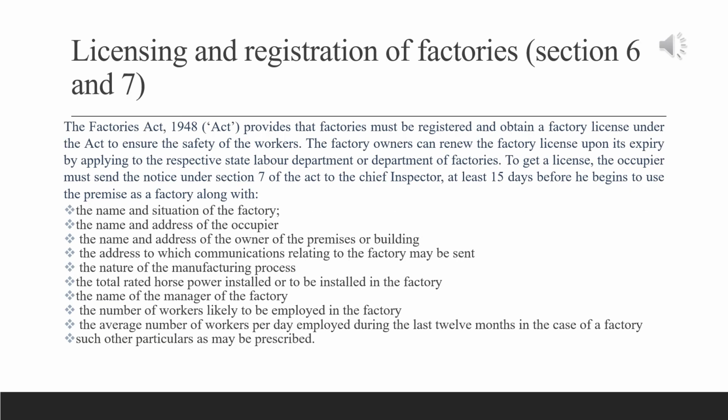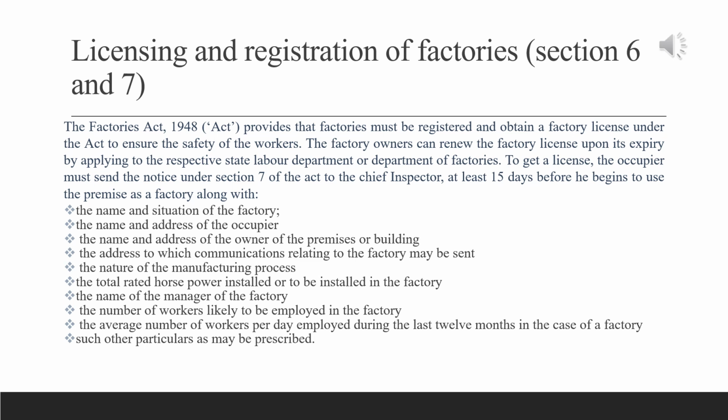Now, according to the Factories Act 1948, the factories must be registered and obtain a factory license under the Act. The license is renewable upon its expiry by applying to the respective state labor department or department of factories. To get the license, the occupier must send the notice under Section 7 of the Act at least 15 days before he begins to use the premise of the factory as a factory, along with the list of the